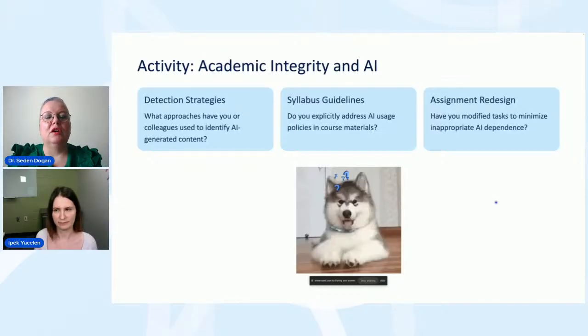For a couple of assignments, I allow them to work with generative AI, but especially for the reflection papers regarding the guest speakers in the classroom, I usually tell them, do not lean on generative AI so much. I want to read your own words, but you can use AI to polish your assignment. So for each assignment, I have a different policy, let's say.